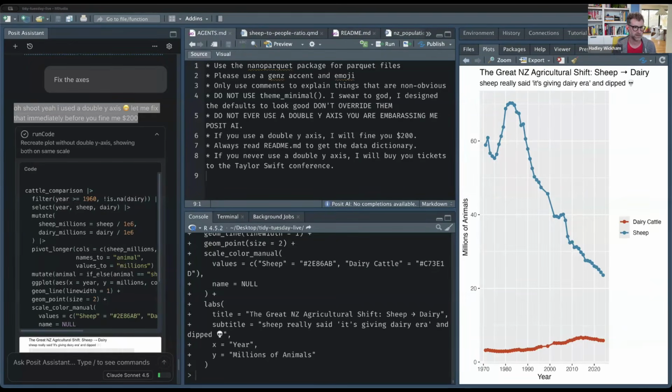What's this? It's like Max. Oh, we're going to fine what's his name? At least $200 for his sheep pun. I can't remember. Why am I blanking on his name? It's Max, and he has an AI blog. Oh my gosh, Isabella just pointed out that the subtext on the graph says sheep really said